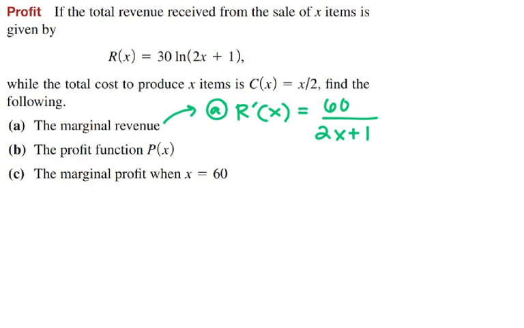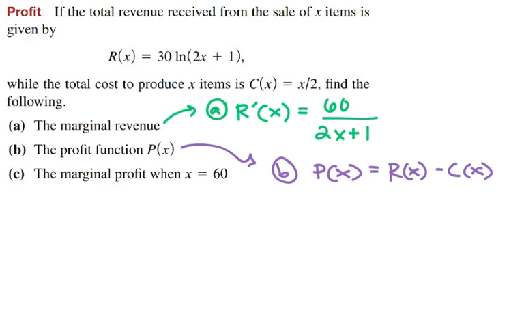So again, when we see that word marginal, that means we're going to take the derivative of the revenue. This is marginal revenue, so the derivative of the revenue. Part B asks us to find the profit function. For profit, we need to know that profit is the difference of all the revenue, all the money you take in, minus the cost. So in this situation, part B, my profit function, P of x, equals revenue, which is given,